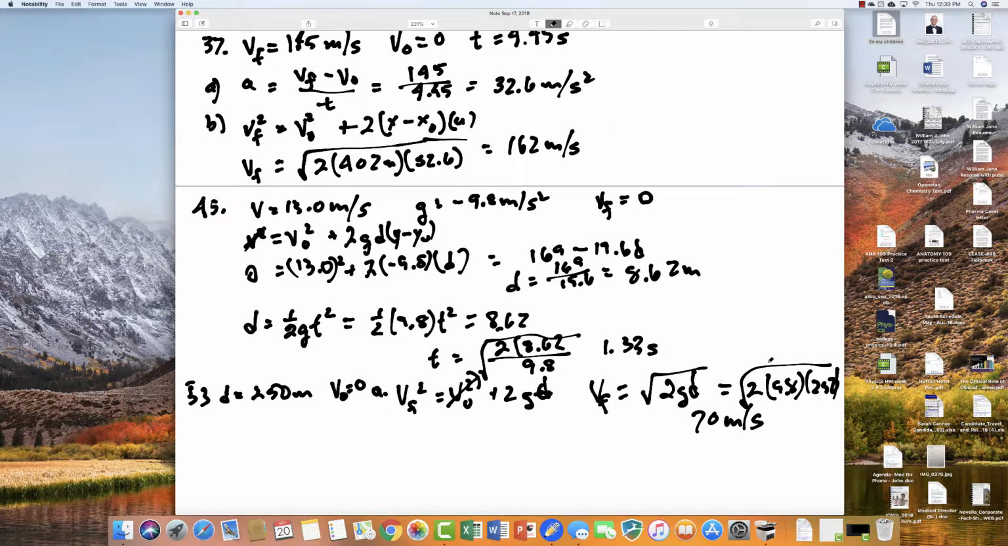So the question is, how long does it take to get from the top down to the bottom? And we know that distance is the average velocity times the time. So the time is going to be the distance divided by the average velocity. And the average velocity is going to be 70 plus 0 divided by 2. And so that's going to be 250 divided by 35.5. And if we do the 750 divided by 35.5,